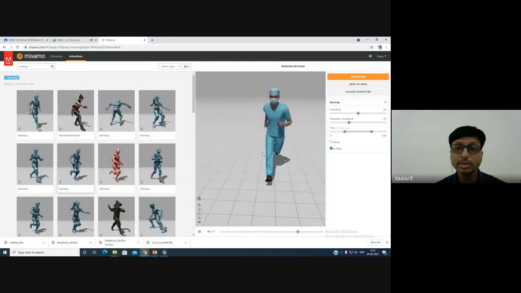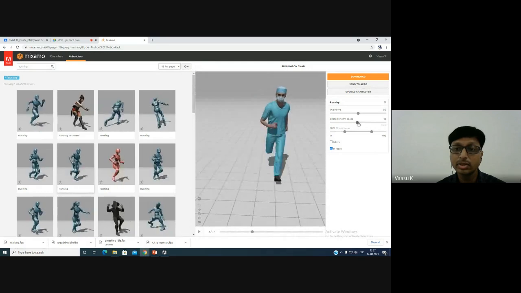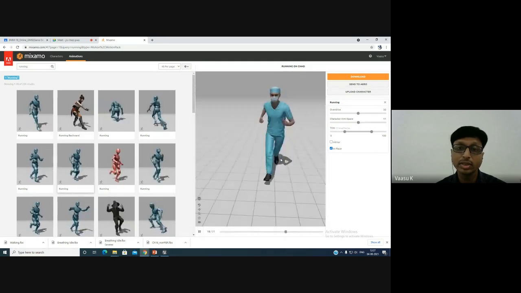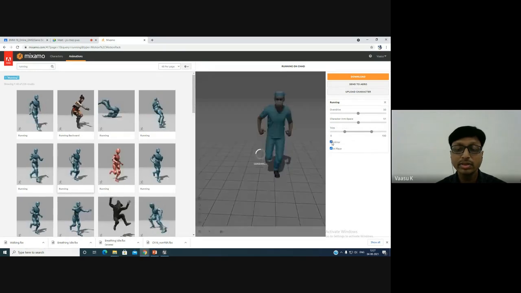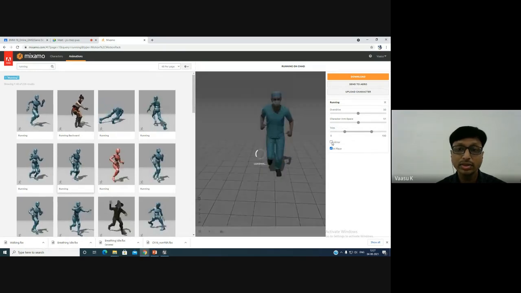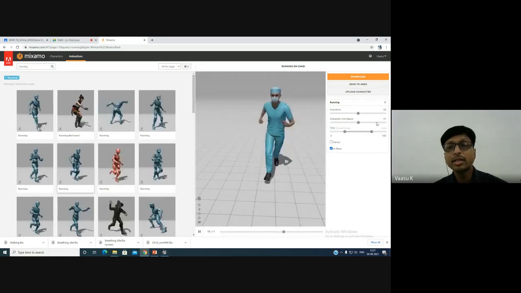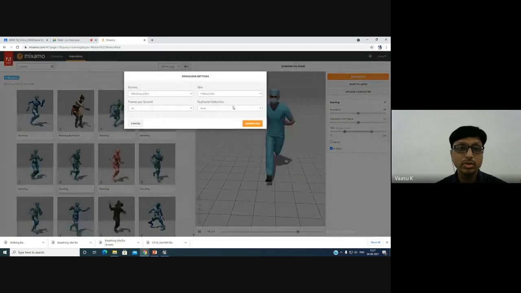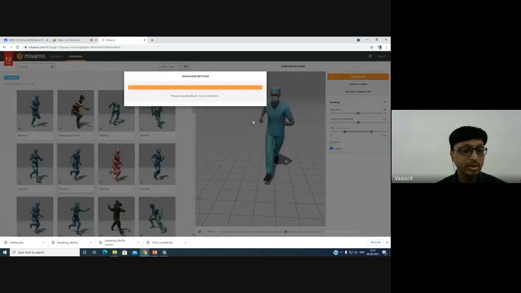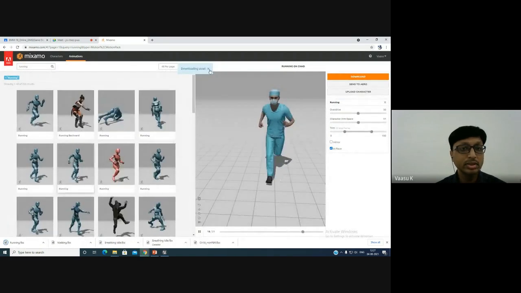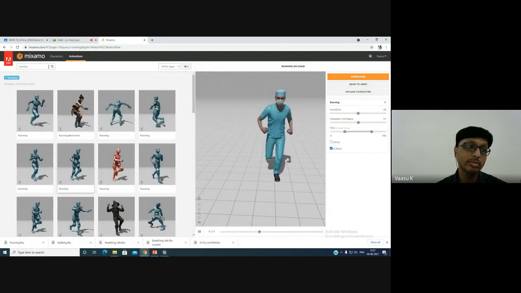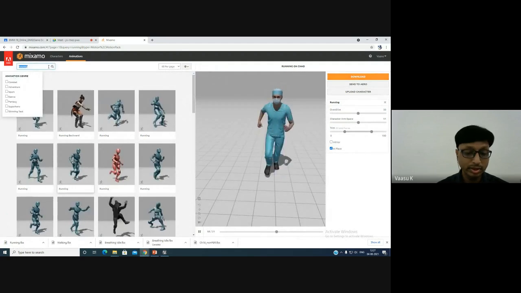This is a little control list where you can get it, and you can apply it to your character. And this is the mirror, which you can use to reverse it. And download this running animation also. These are the things, and if you want to apply the jump and everything,